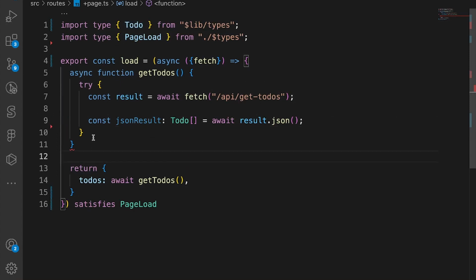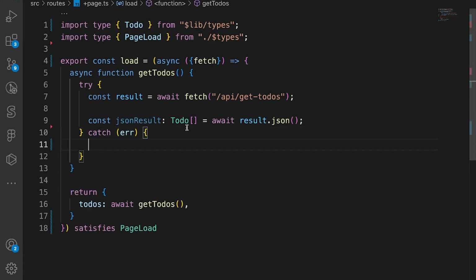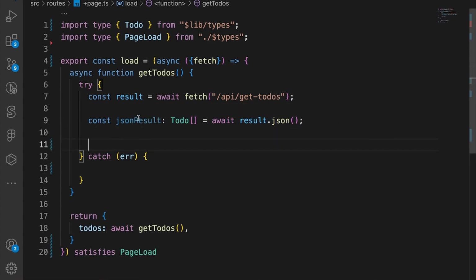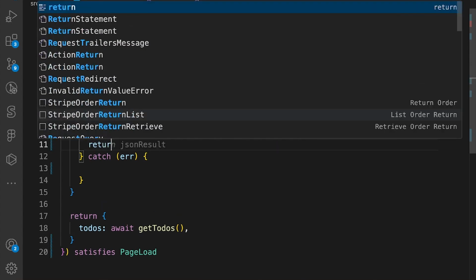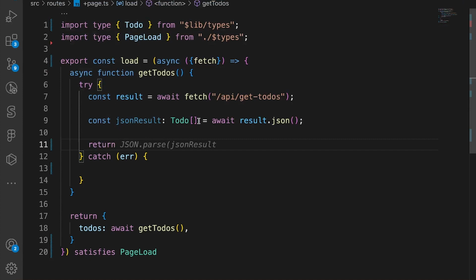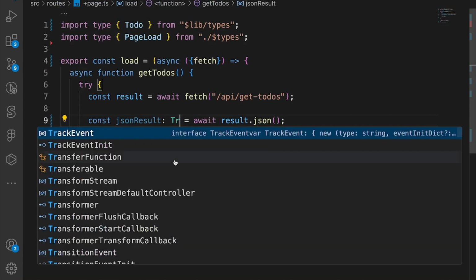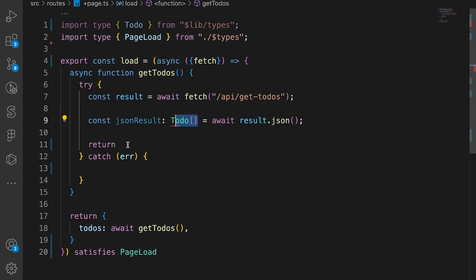So if you're going to actually create a real professional application using SvelteKit, please, please do not do this. Always validate the types that you get from the fetch functions because that could lead to nasty errors. But for this example, for this simple to-do list, it's safe for us to just say it's just a Todo array. So we return the JSON result,